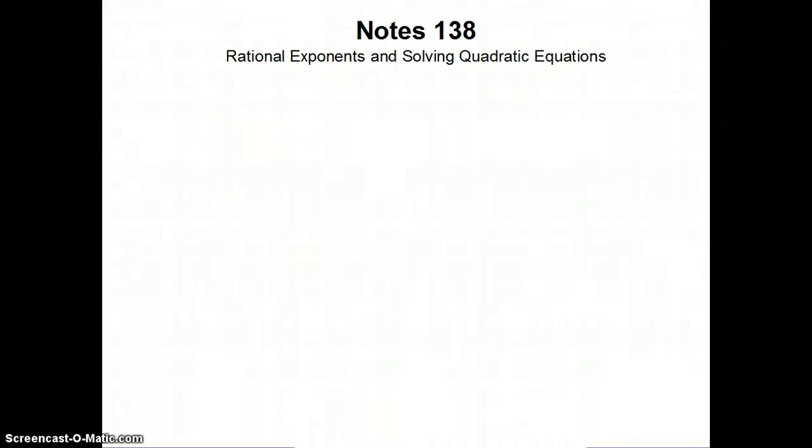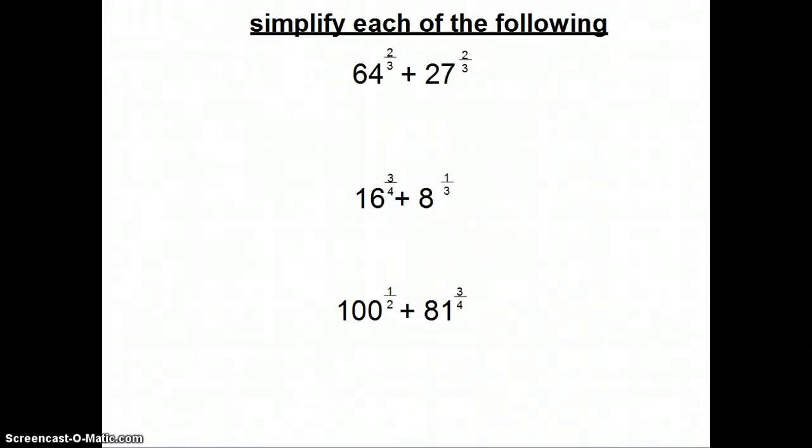Hey guys, today we're going to continue our previous discussion on rational exponents by doing a brief overview of how to simplify expressions with rational exponents, and we're going to go into solving quadratic equations. We've learned how to solve quadratic equations by factoring, but now we're going to learn a different method of solving quadratics. To simplify each of the following, I'm going to first write it in terms of a radical and then